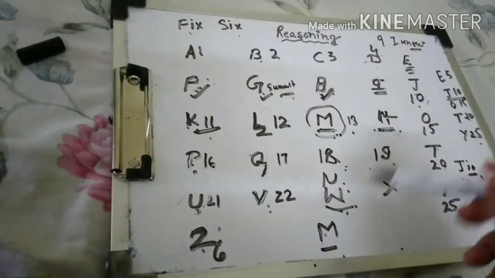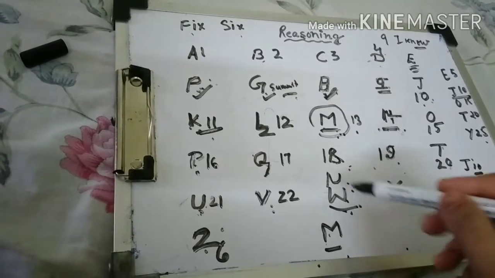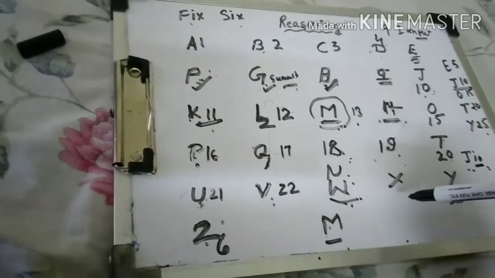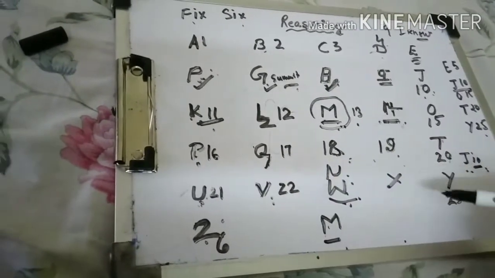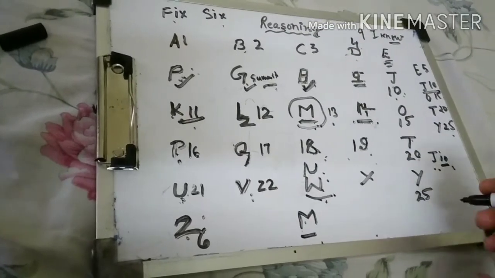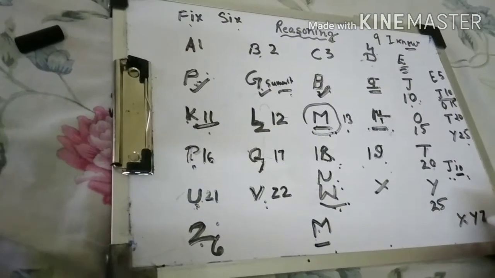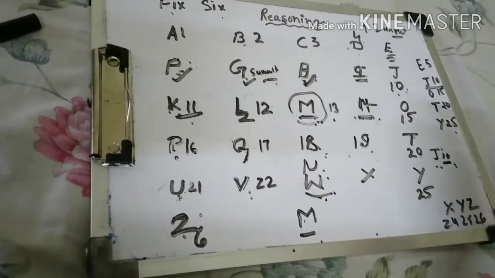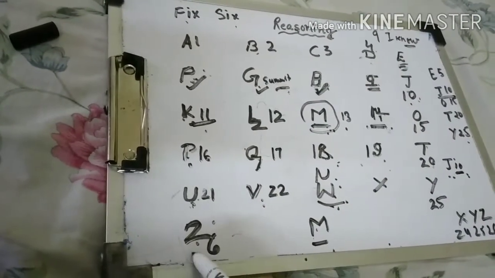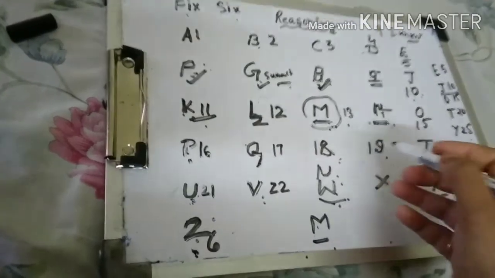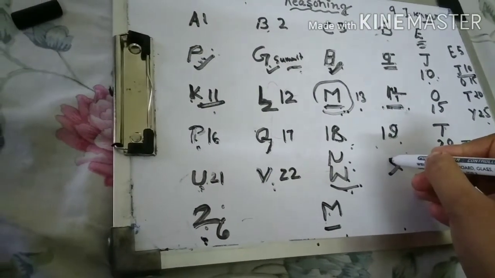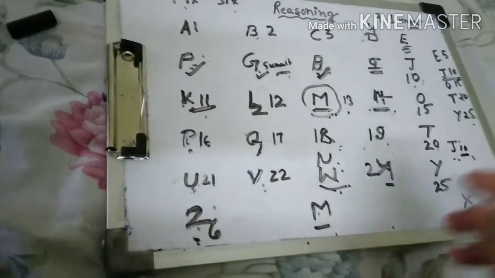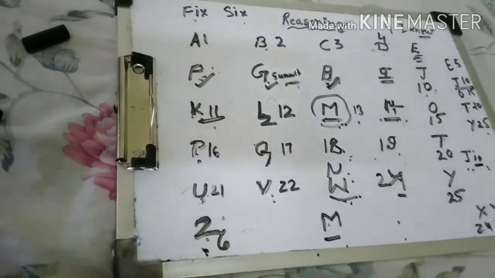And the W stands for, I have told you, 23. This looks like W, so you can keep this image in your mind. And the 24, these are last XYZ, you know this, XYZ, 24, 25, 26. You can also remember like this. Otherwise EJOTI 25, and here I have told you 26 Z, and the remaining is 24. So you can also make a figure in your mind like 24, X represents 24, like this also you can remember.